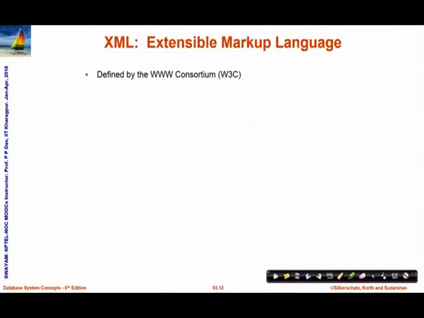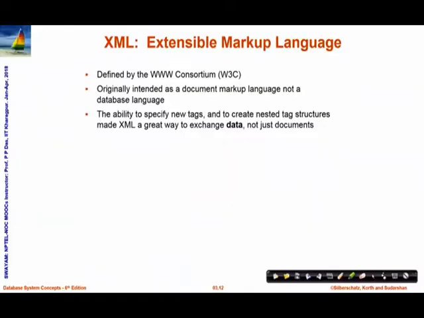In contrast, XML, extensible markup language, was defined by W3C, and it was originally intended for marking up document languages. It was not designed as a database language. It was designed for marking up. It is kind of saying that this particular element should be in capitals, this should be in blue color, this means a verb, this means a paragraph, there should be a page break here, those kinds of markups.